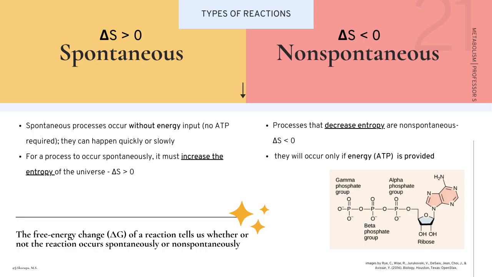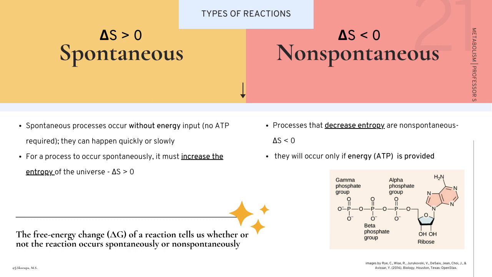Now that you're familiar with entropy, we'll move back to how it relates to metabolism and chemical reactions. We have two types of metabolism: anabolism and catabolism, and those have to do with whether we are building or breaking molecules. When looking at the energetics of the reactions, we also have two types of reactions, and those are spontaneous reactions and non-spontaneous reactions. Spontaneous processes occur without energy input, so there's no ATP required, and they can happen either quickly